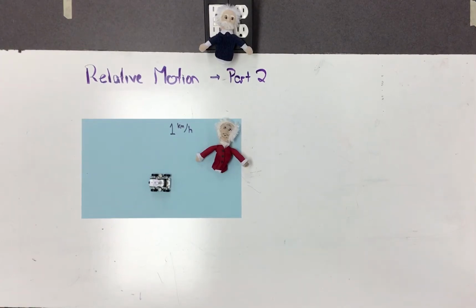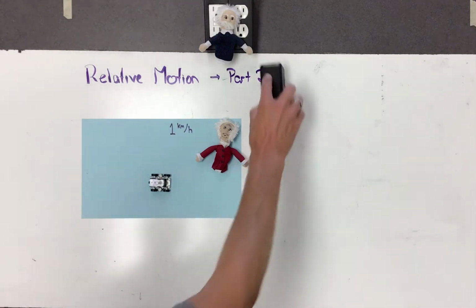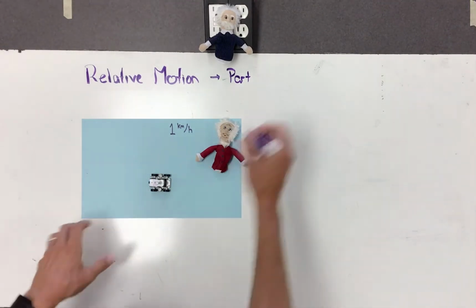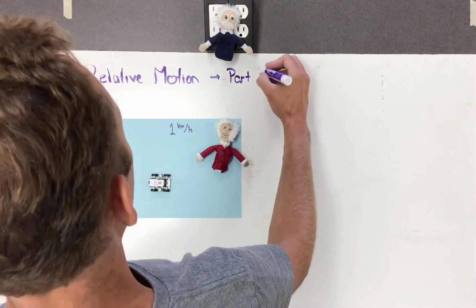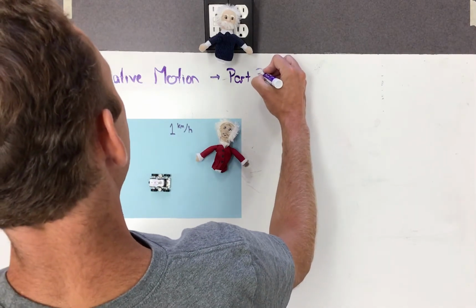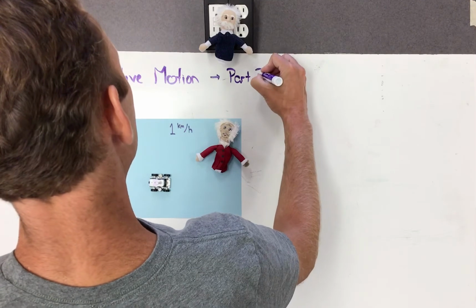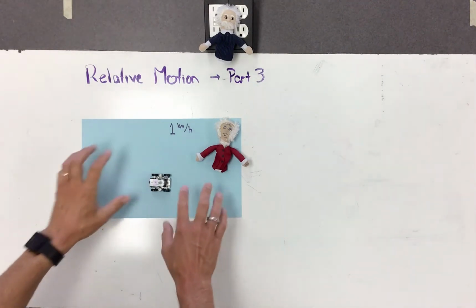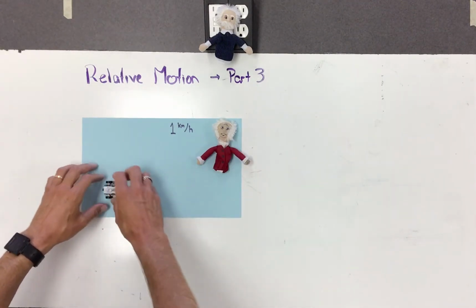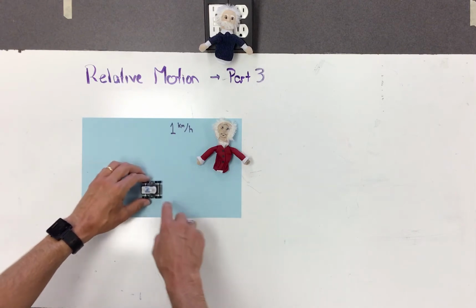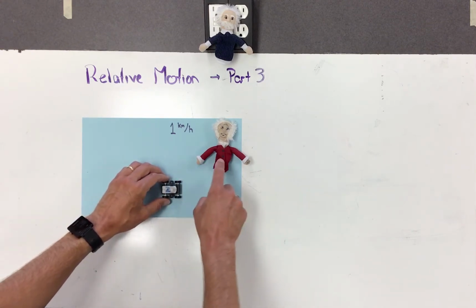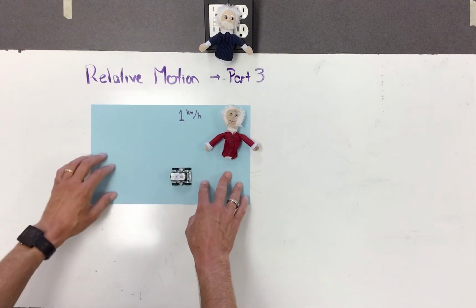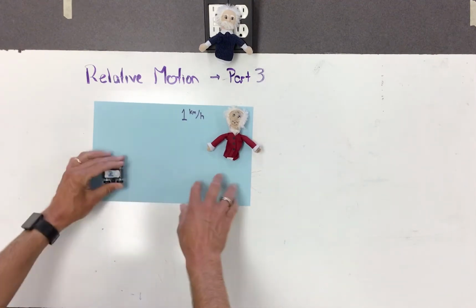All right, we're gonna try relative motion part 3. What we've got so far is when things are going in the same direction, the velocities, their speeds, we'll come to the word velocity in a bit, their speeds kind of added up. So Isaac's sitting on the paper, car driving across the paper at a rate of 2. Isaac sees the car moving at 2 relative to him. But if the paper's moving across the whiteboard at 1, then